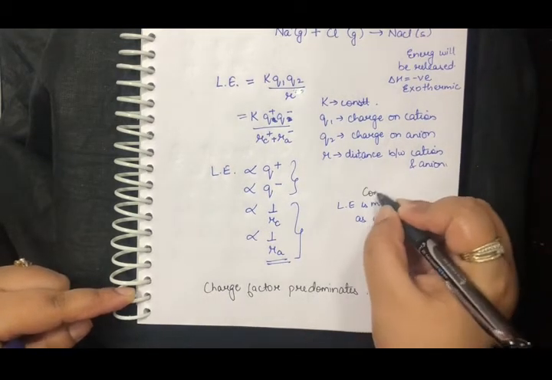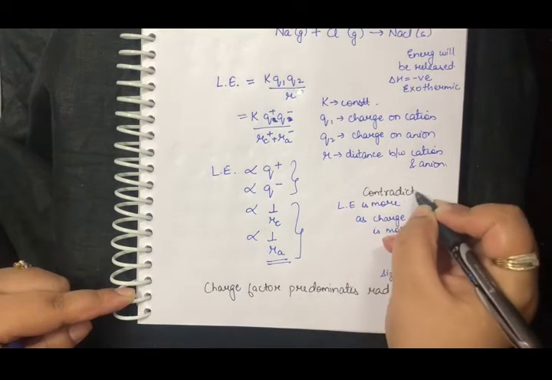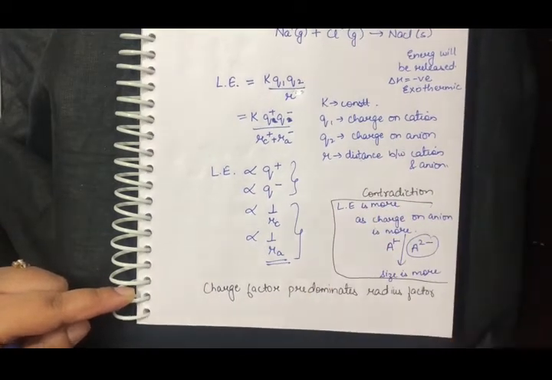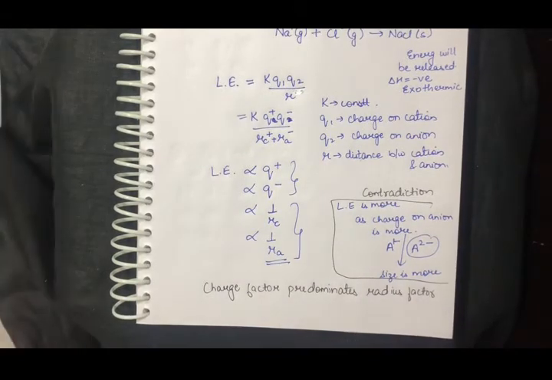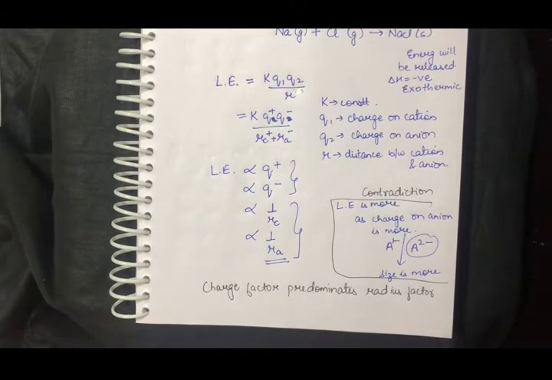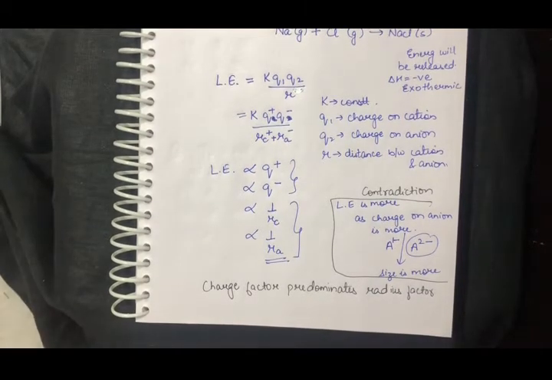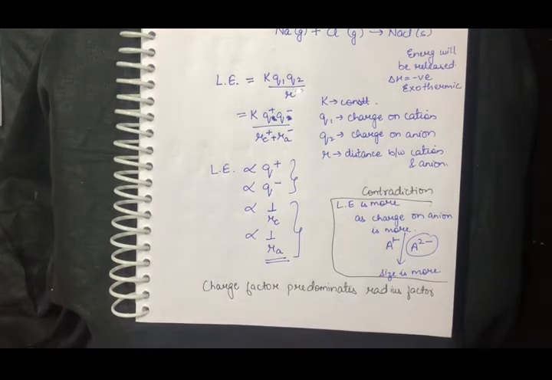What was this? This was a contradiction. I am telling you this in advance so that you do not get confused while solving the questions. If in a particular question I am considering the charge, then let me only consider charge, and if only the charges are the same in that particular question, then I will consider the radius factor. Otherwise I'm not even going to look at the radius factor if the charges are different. I hope this is clear, because this won't create any more confusion in solving the questions.